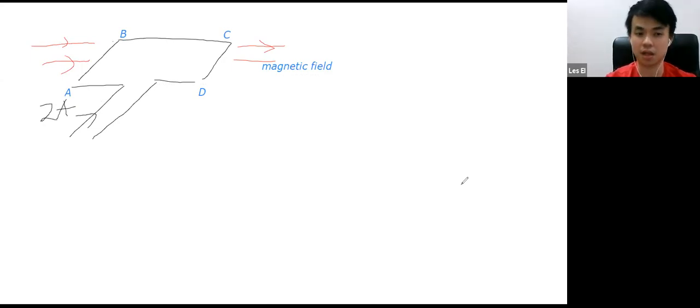AB, BC, or CD, or all of them, or how? You cannot find it in BC, because in BC your current and the magnetic field are parallel to each other. So it means you only